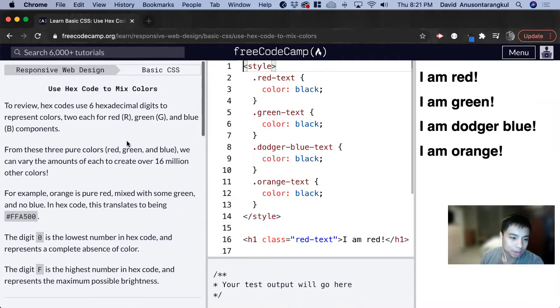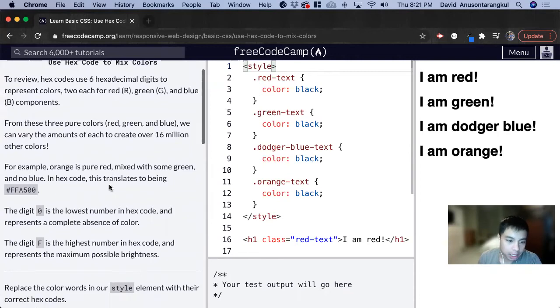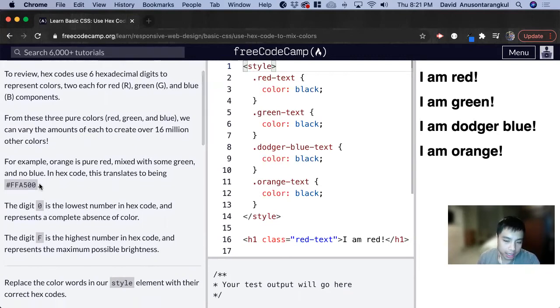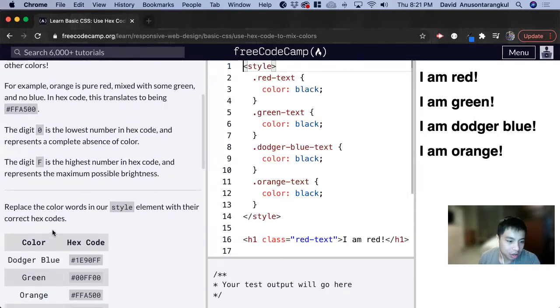The basic idea is that there are 6 digits in the hexadecimal ones, and they're paired up between red, green, and blue, RGB. And you're going to see that abbreviation a lot. And you just mix every combination of it, you make all the combinations you can with it to make the colors you want. And the other key idea is that 0 is the lowest amount for that color, and F is the highest amount. For this exercise, we want to replace the color words in our style element with their